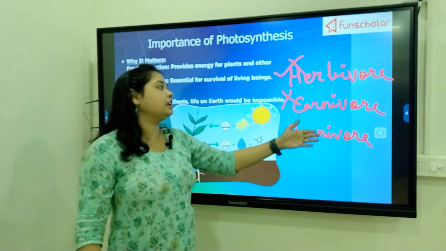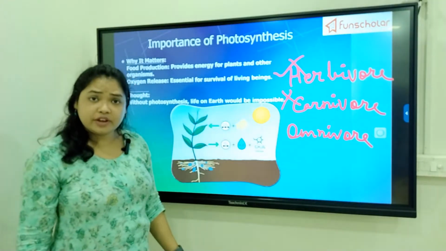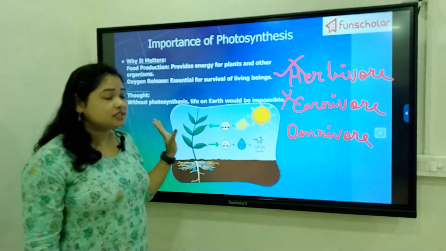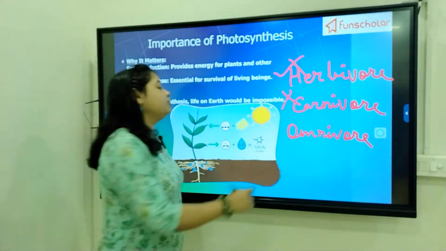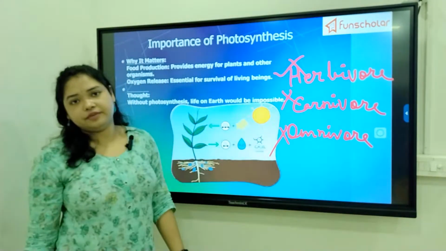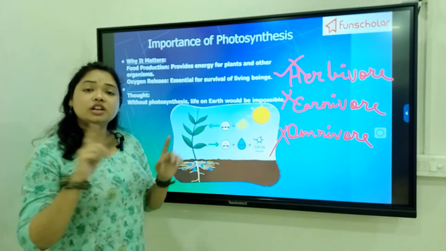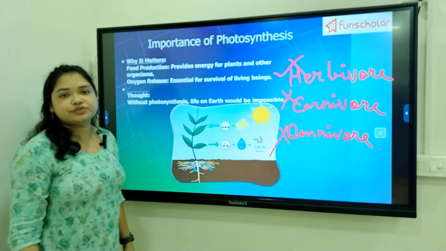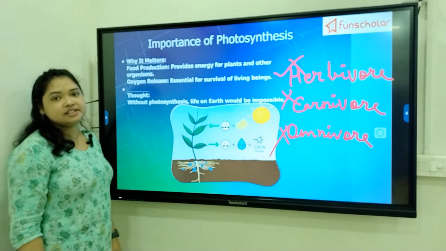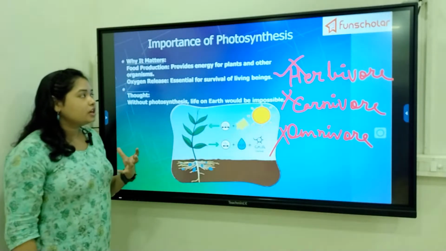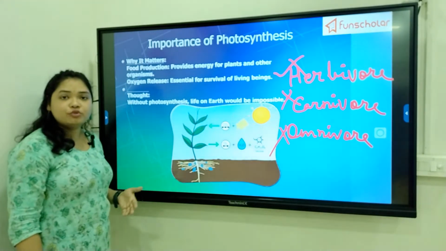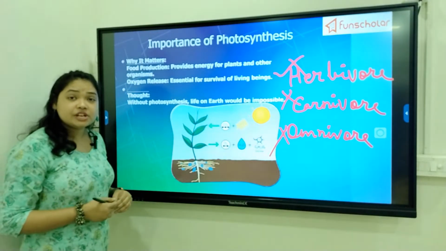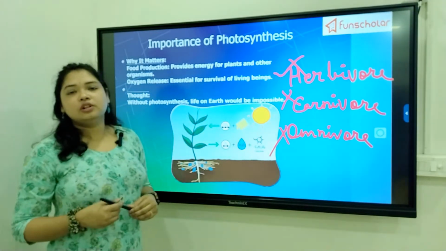So if these categories of animals do not survive, and the plants are not surviving from the beginning, if photosynthesis is not there, then obviously omnivores will also not survive. So the whole ecosystem will collapse, the food chain will collapse, and the biosphere will not be able to sustain itself. That is why food processing, the food preparation factory, is very much essential, from which each type of food chain, all the food webs